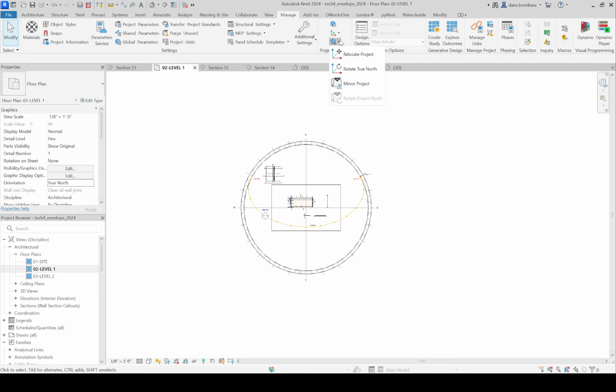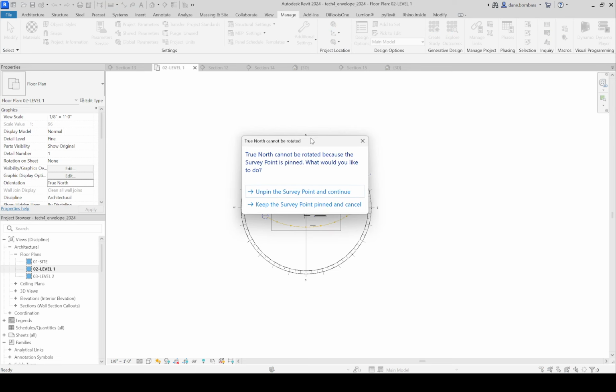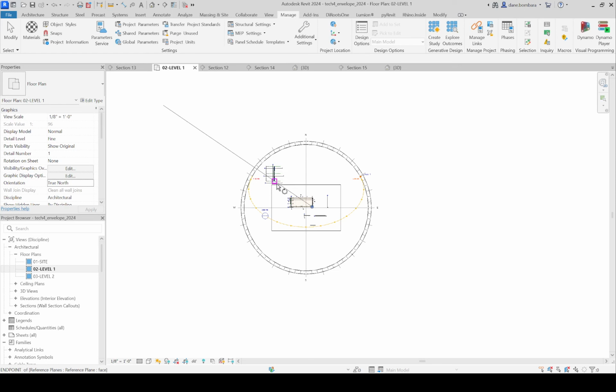So once I click on position, you'll see I can rotate true north as one of the options. When I click on that, it's telling me that it's pinned. If I want to rotate it, I have to unpin. So just click on that. So now I'm rotating. The key bit here is when you rotate, you're rotating the opposite direction, right? So if I want north to be up and to the left of this page, I have to rotate to the right 45 degrees, right? So if I go 45 degrees that way,